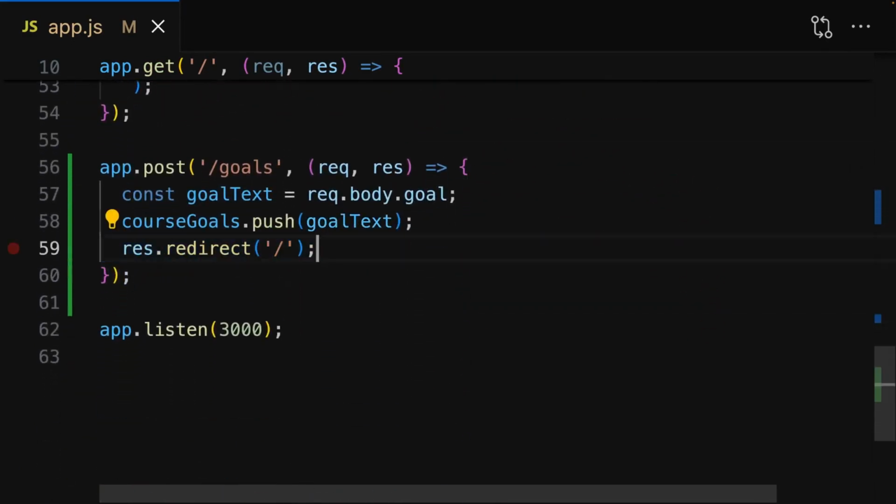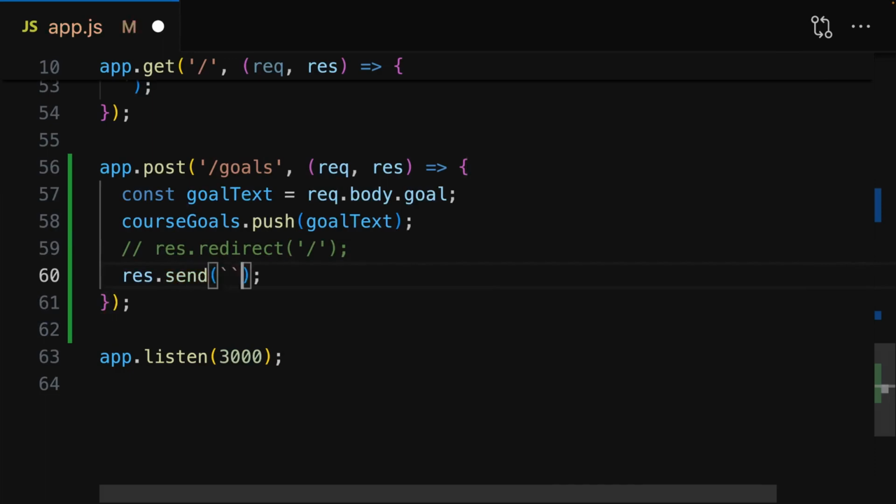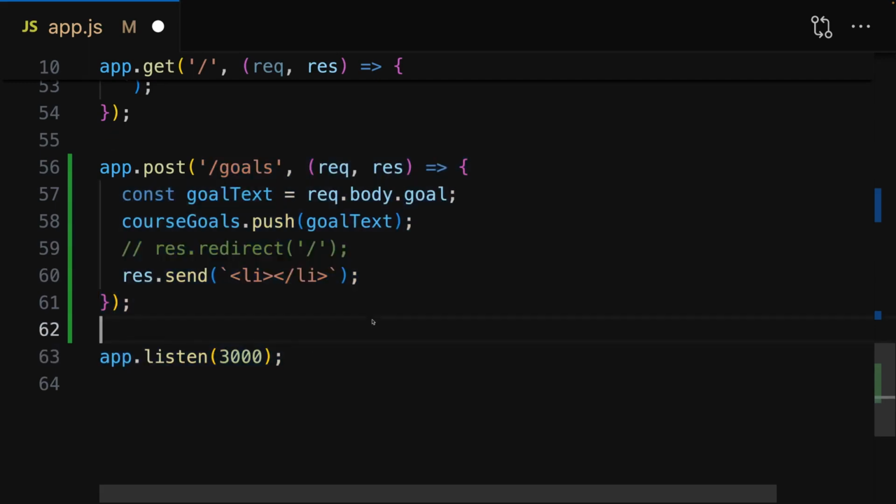Instead of redirecting here, we could also directly return some HTML fragment that can then be used by HTMX. And therefore here, we could directly send back the updated list, or actually maybe just that one list item that was added. Because why would we send back the entire updated list? It's just one new list item that's added here. So why don't we just send back that one list item? So therefore, that's what I'm doing here. I'm sending back a new list item, which